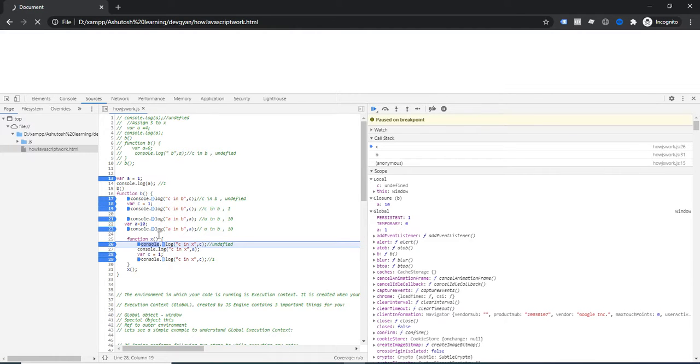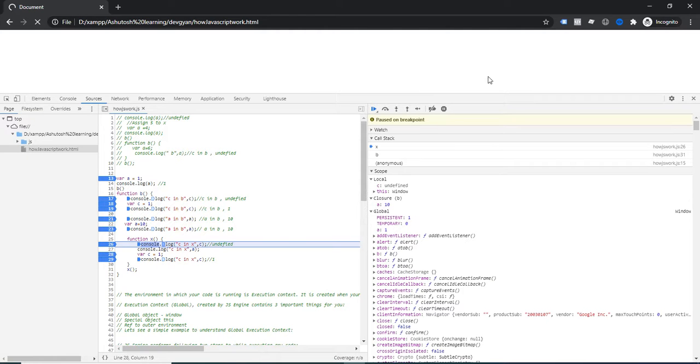So the A value is here 10. Here it is undefined because C is declared inside function X. That's why the C value is undefined, and the A value is not declared, that's why the A value will be printed here. If you console log A, the value will be 10. So you have to understand.